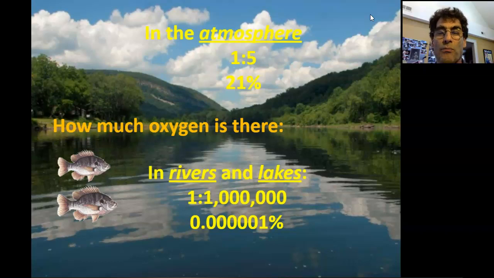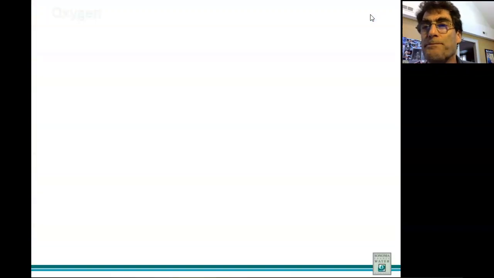So that's why it's so important, because there's so little. It also tells you, I mean, you think about it, which has got to be a much more efficient organ, a gill or a lung? Obviously a gill, because they've got to somehow get that oxygen out of a substance that has almost no oxygen. And gills have this cross current counter flow. It's actually fascinating. You should study it, and maybe you did in biology.